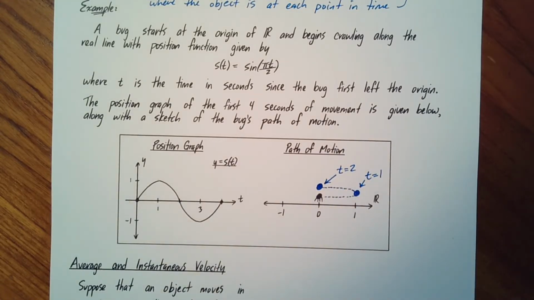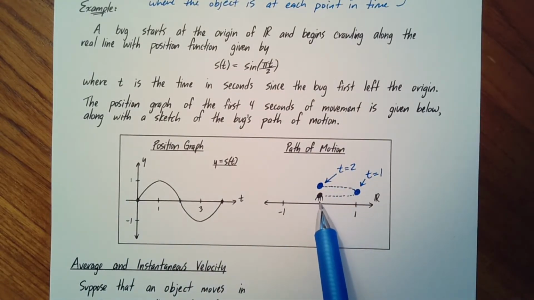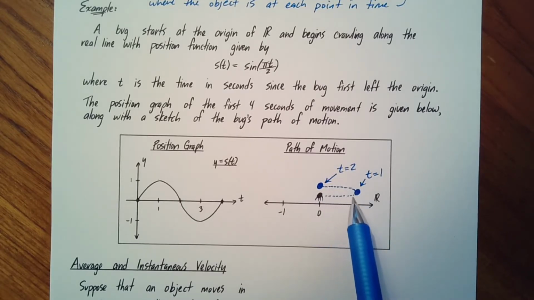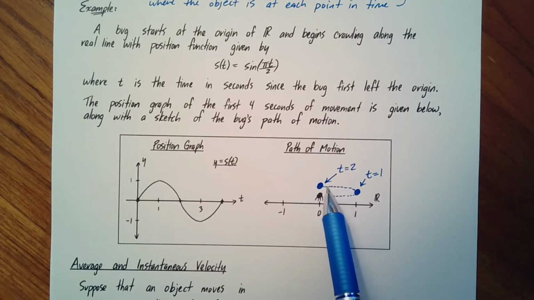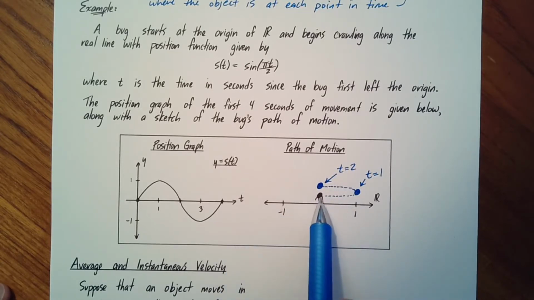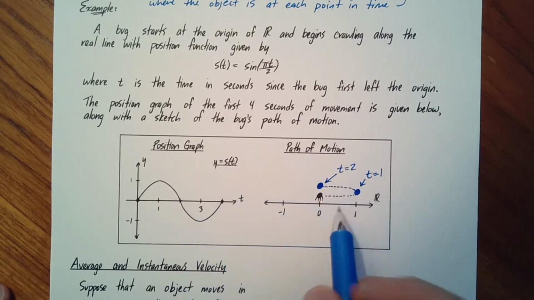Okay, and I just want to be clear, it might be misinterpreted by somebody who looks at this drawing and thinks this looks like the bug is actually flying up and taking off and lifting off of the real line. That's not what I'm intending to communicate here. You can imagine that if I just drew the path back over top of the bug, it might get hard to read. And by the time we're done with this picture, you'll definitely see why I wanted to draw it a